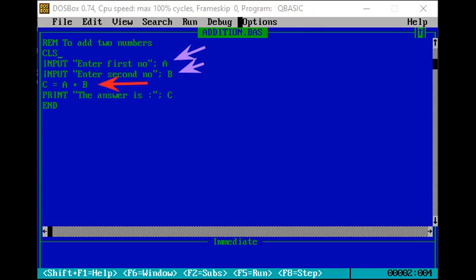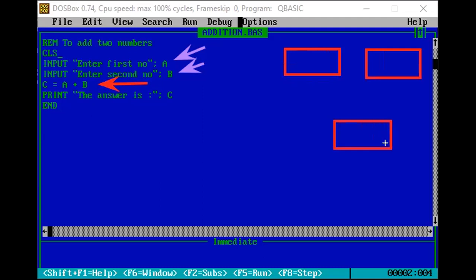Suppose we have some memory locations having different names.